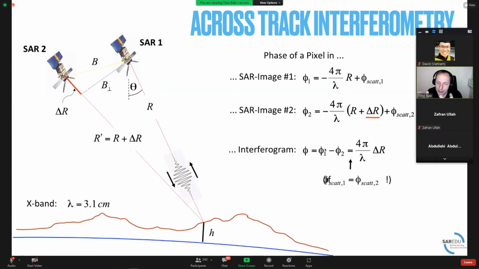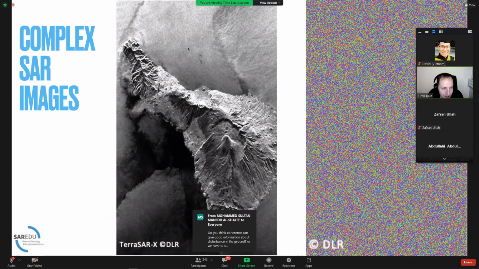Right. So this is the key problem at the end, that what we measure is actually not that unwrapped phase, but we only have a wrapped version of that. We'll come back to that, no worries, many times. All right, so let's look at that. So that's a complex SAR image. The left side is the amplitude image. That's what you normally look at. And the right side is the phase image,